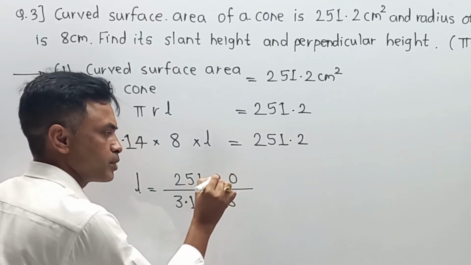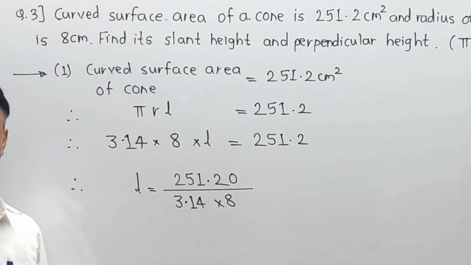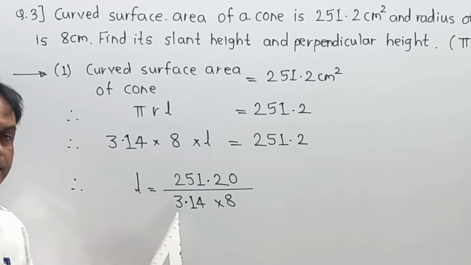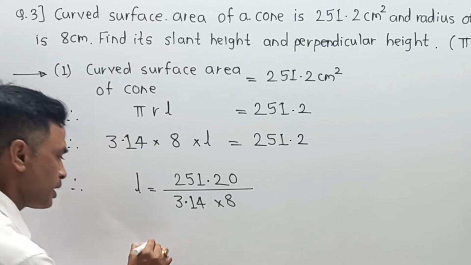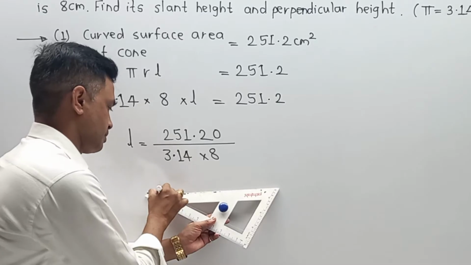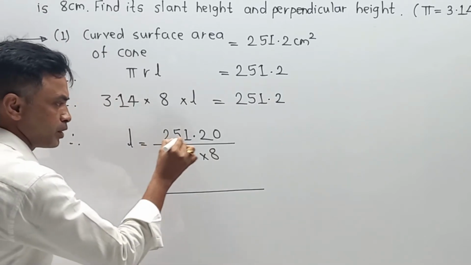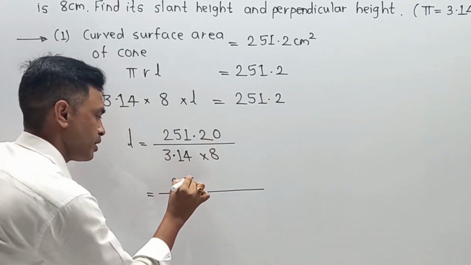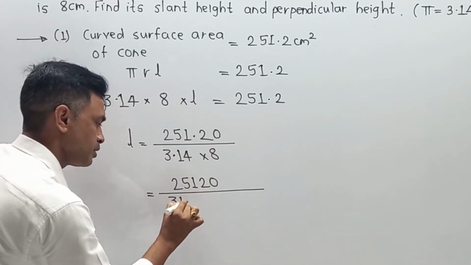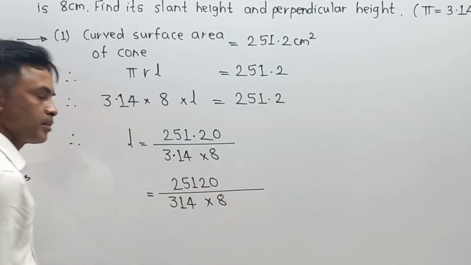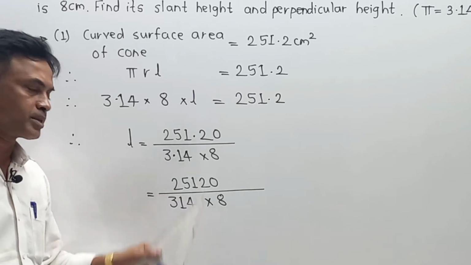Decimal 2, write it 0. Why? Because after decimal, if you are increasing the 0, then value remains same. And that is the first fundamental trick. Remember student, this numerical is not only for formulation, but these numerical also check or cross check your mathematical calculation. Naturally, this single step will be modified, shifting 2 decimal from numerator, shifting 2 decimal from denominator. This evaluation becomes 25120, shifting 2 decimal, and also shifting these 2 decimal, 314 into 8, means we have shifted 2 decimal from numerator and 2 decimal from denominator.